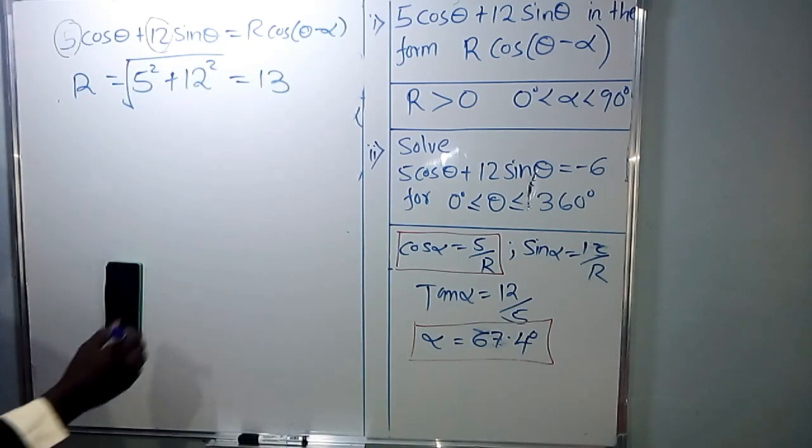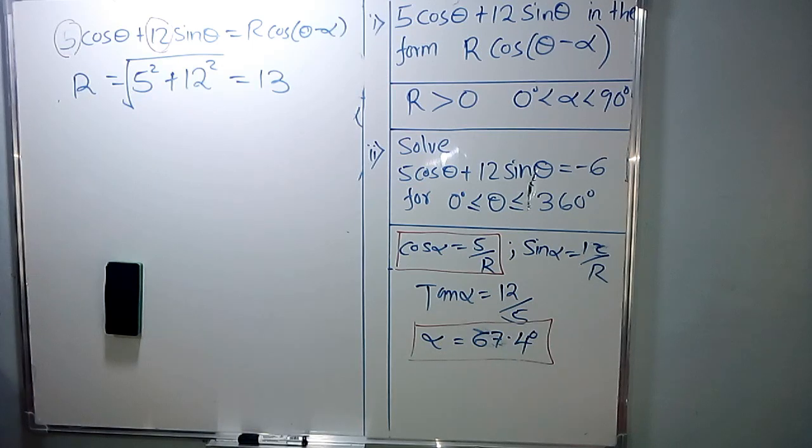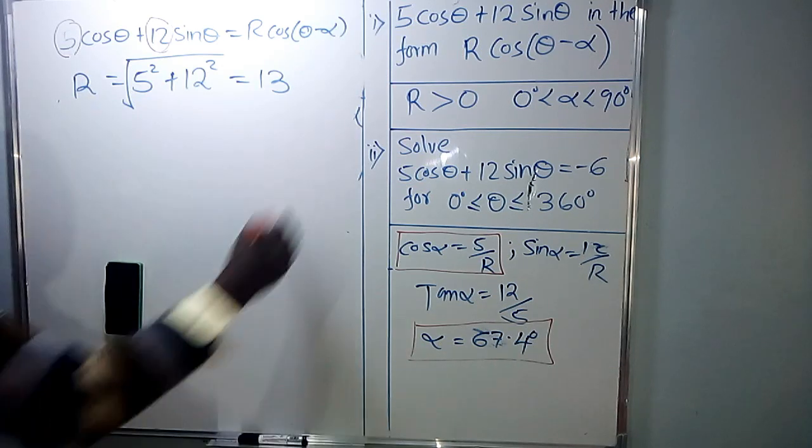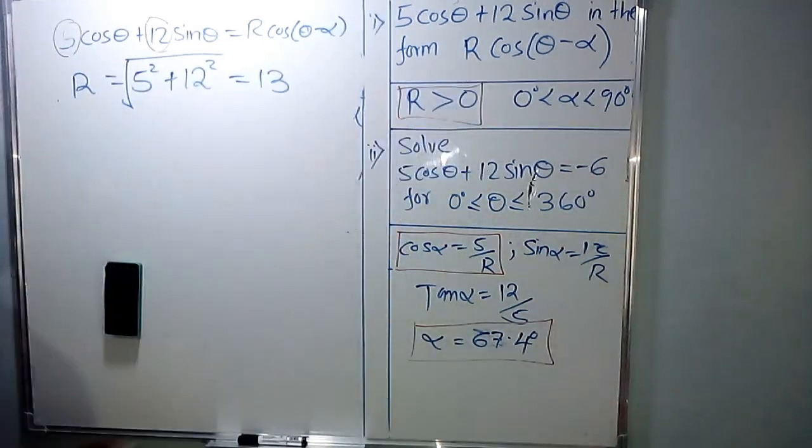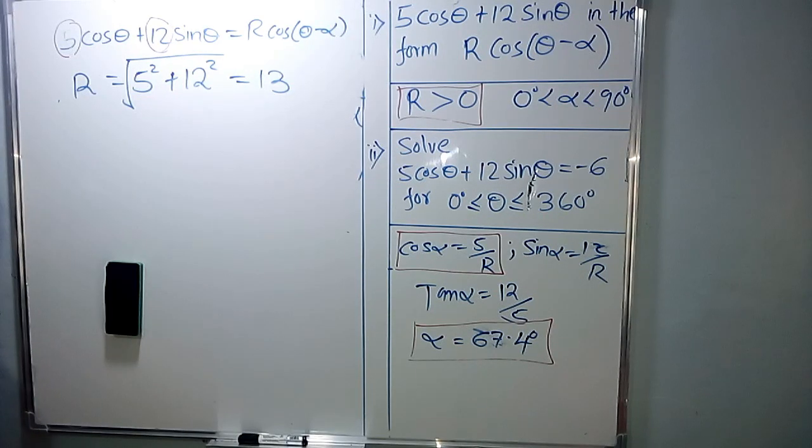Pythagoras theorem, isn't it? Relating the three sides, meaning we are assuming these two coefficients are the two shorter sides of a right angle triangle. Are you seeing that? Then r, the radius, is the longer side. So you use Pythagoras theorem to get r, and you can see that relationship is coming from the Pythagorean identity. Are we together there? Now, having found the value of r and value of alpha, we can now express